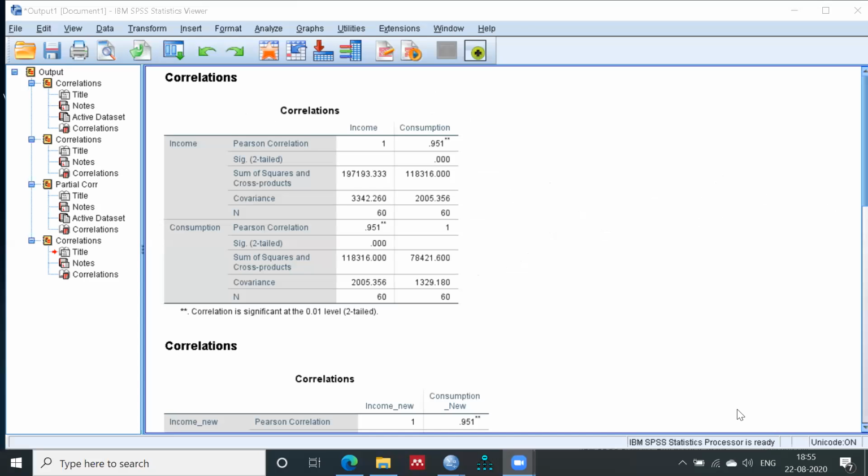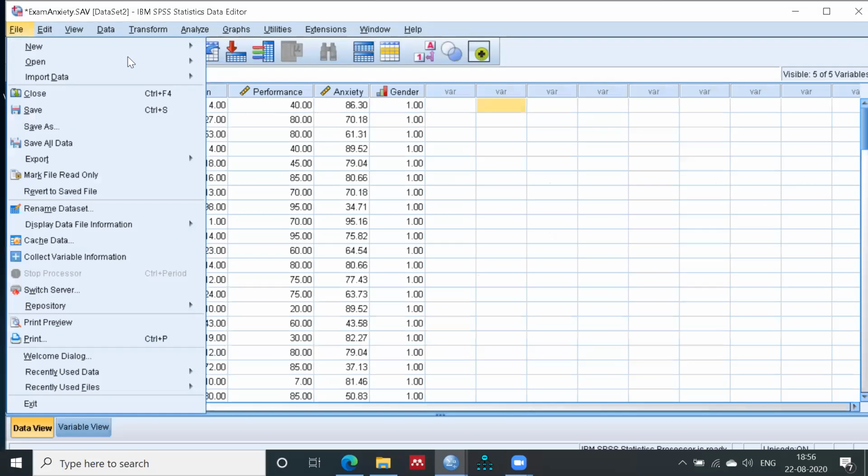So now just go to the SPSS file, and in the SPSS file, let me open a new file, this one, Spearman correlation, right?